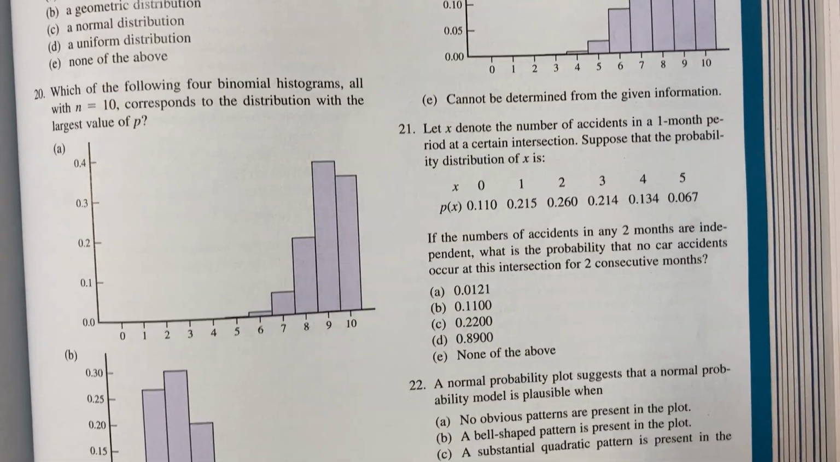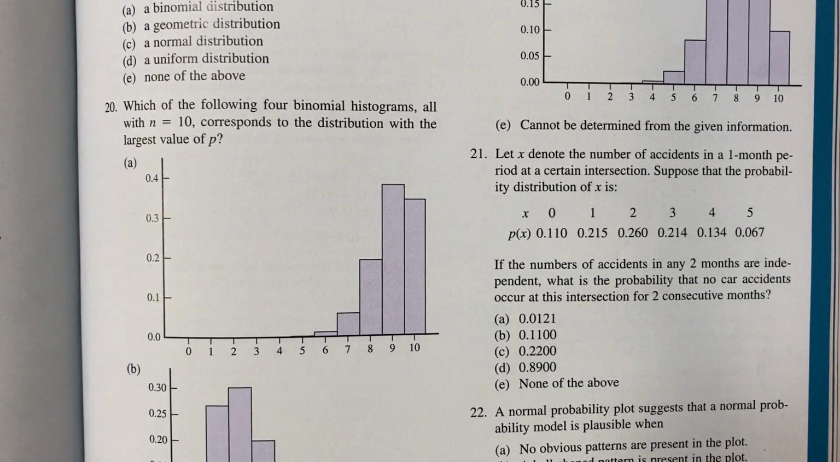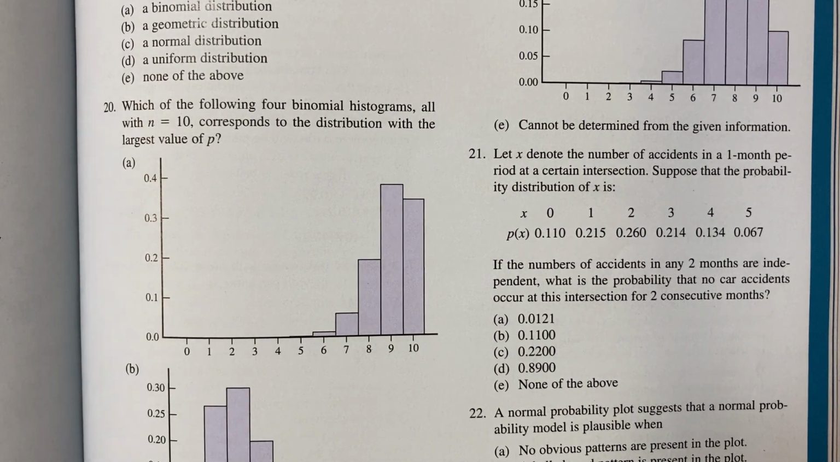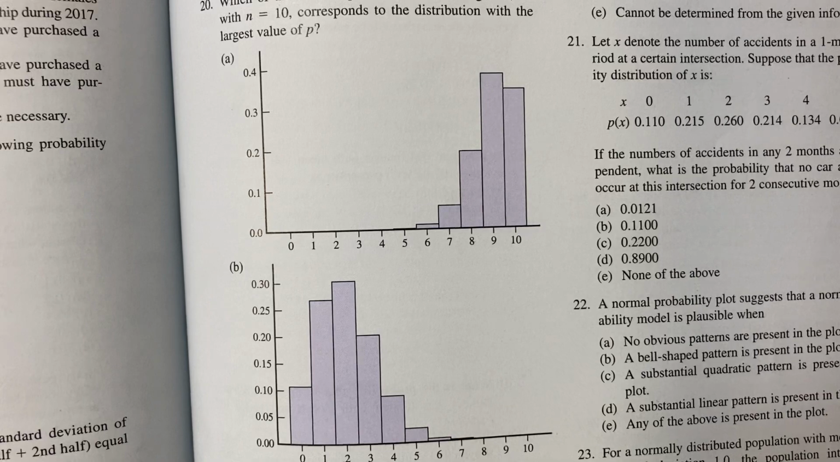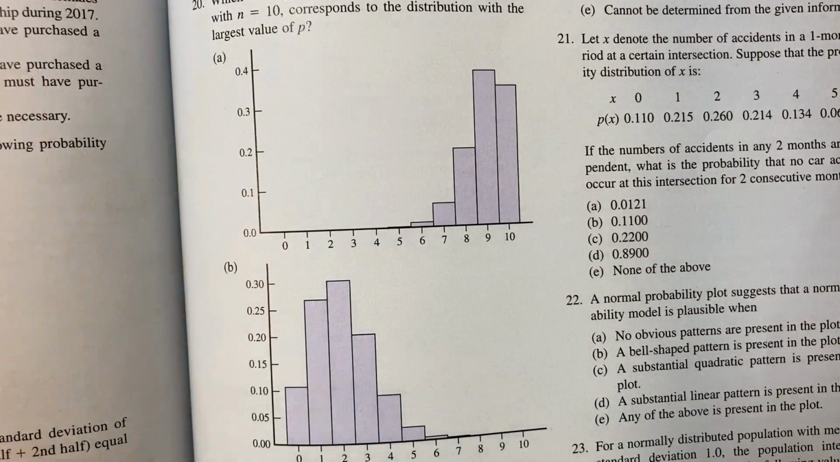Number 22. Normal probability plot. You don't have to know much about these. You just have to know that,